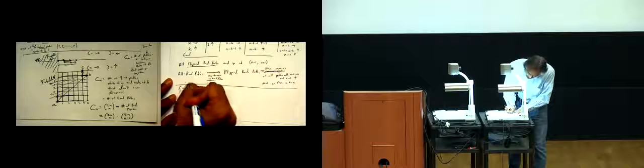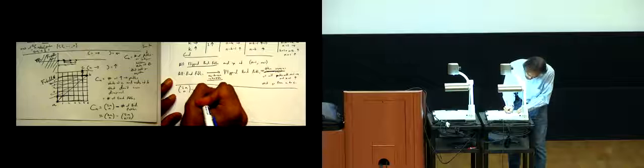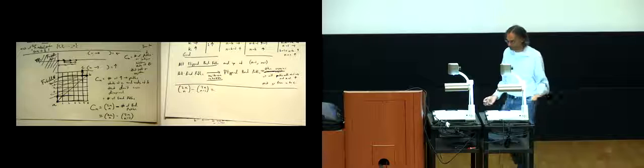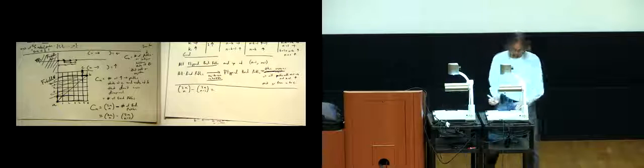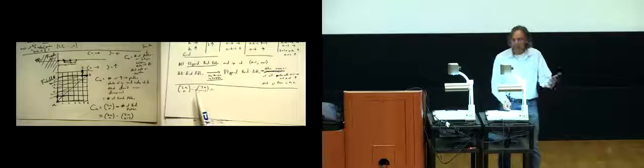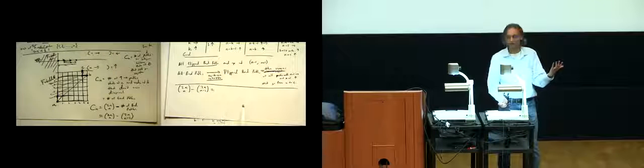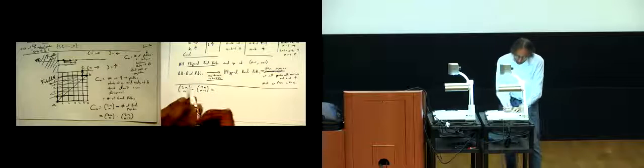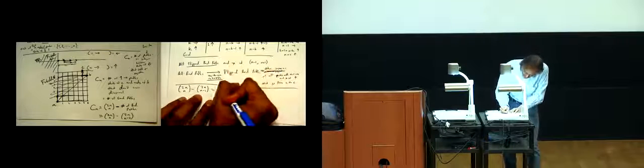2n choose n minus 2n choose n minus 1. How big is it? First thing you do is try to simplify. You might think, this is like 2n choose n things, 2n choose n minus 1 things. Maybe these are pretty close to each other, and most things will cancel out. So let's just write it out.